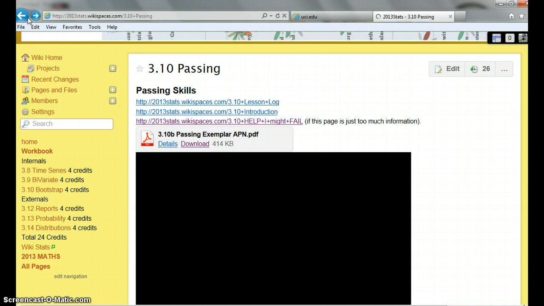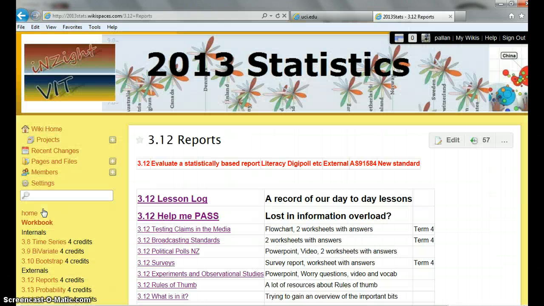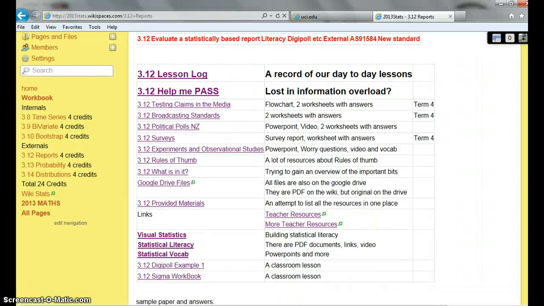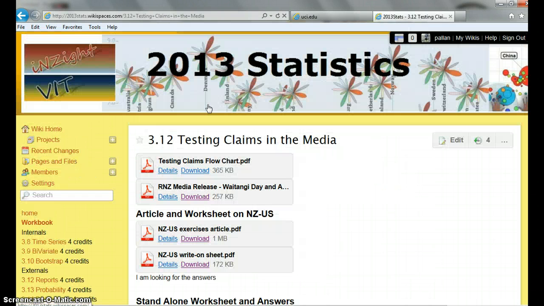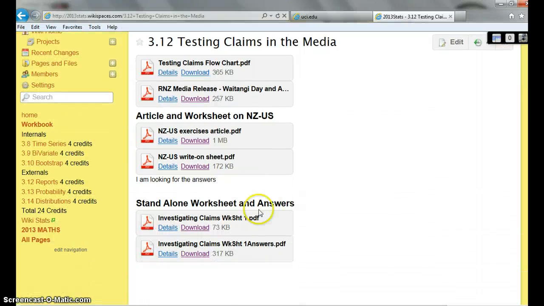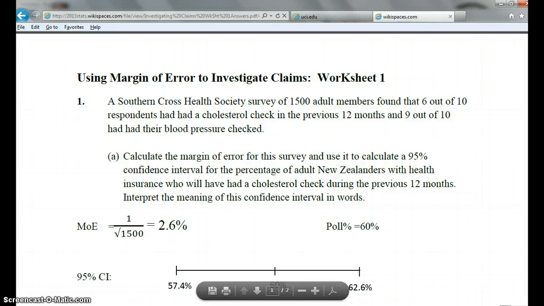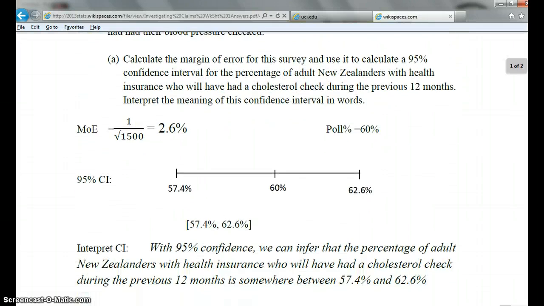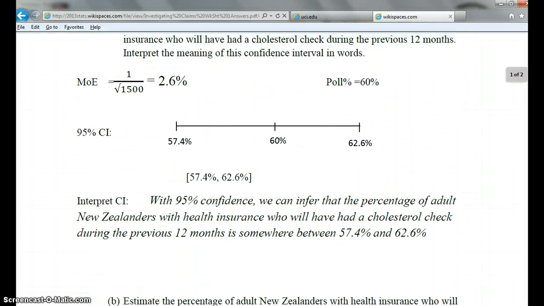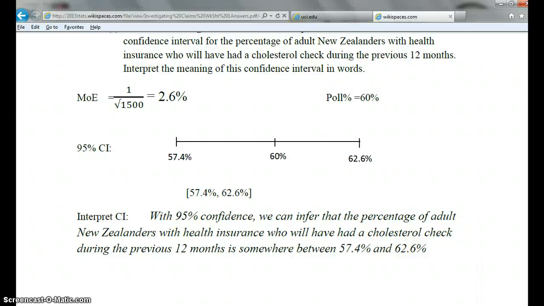Right, let's go back to reports. And where was I going? All testing claims in the media. If you go here and here. Yeah, exactly. Okay, guys, just for examples,